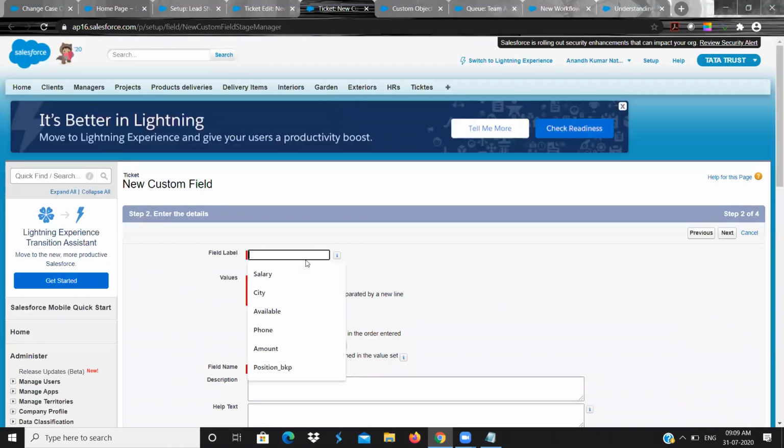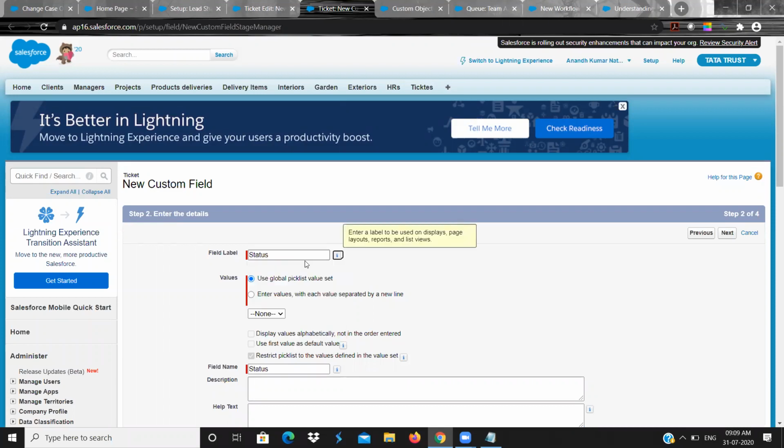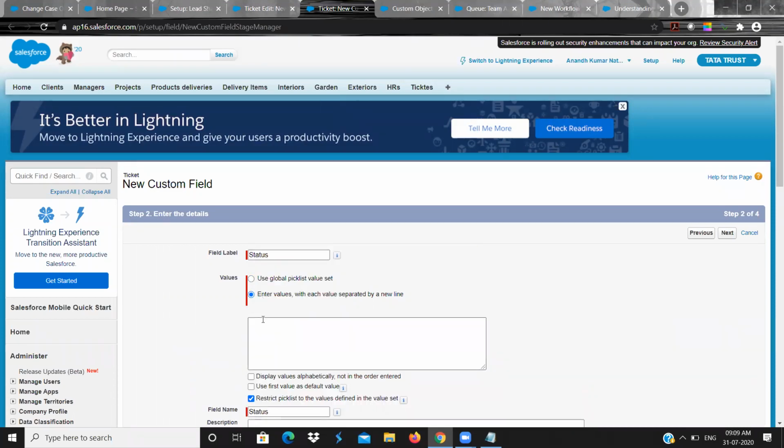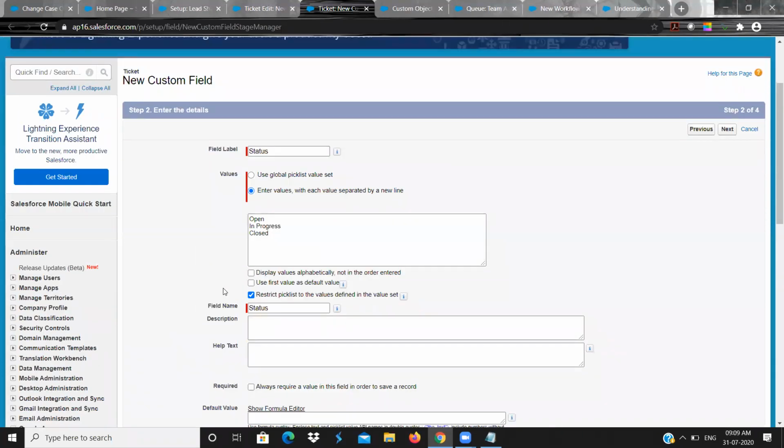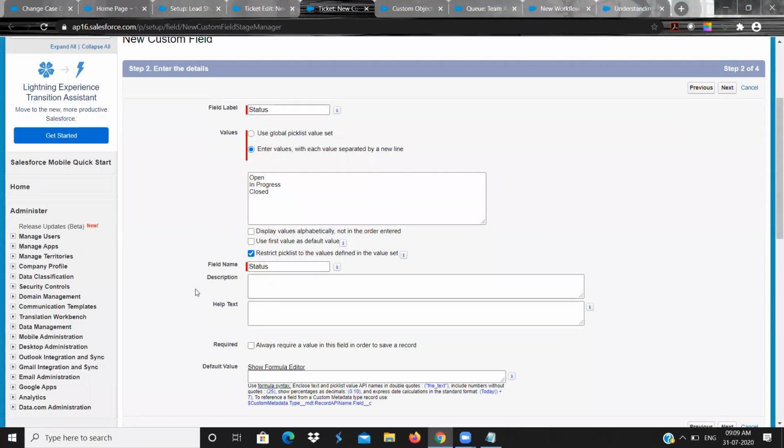Status. Enter the values: open, close, in progress. I have three values. I am going to create a field that will have three values. I'm making this also required.